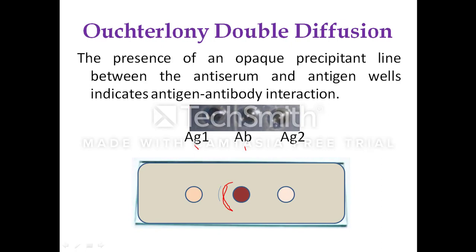Here in this gel picture, you can see the specificity of the given antibody to antigen 1. So the precipitate is due to antigen 1 having specificity towards the antibody. It results in the formation of the antigen-antibody complex, and when the concentration of the antigen-antibody complex is above the equilibrium level, there will be formation of the visible precipitin line. So this precipitin line decides the specificity. This is how we do the Auchterlony double diffusion.